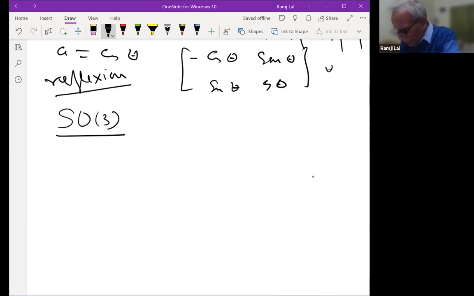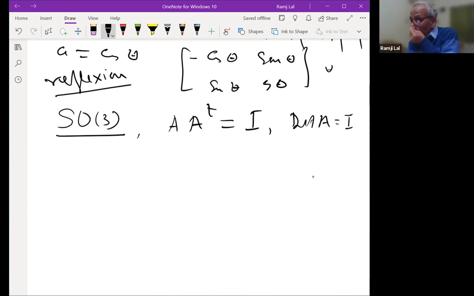This is an important thing. So what is SO3? SO3 is the set of 3x3 matrices A such that A transpose A is identity, and the determinant of A is also 1. So then you see here